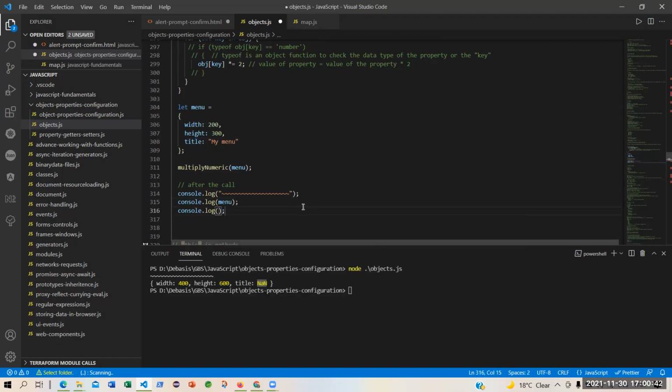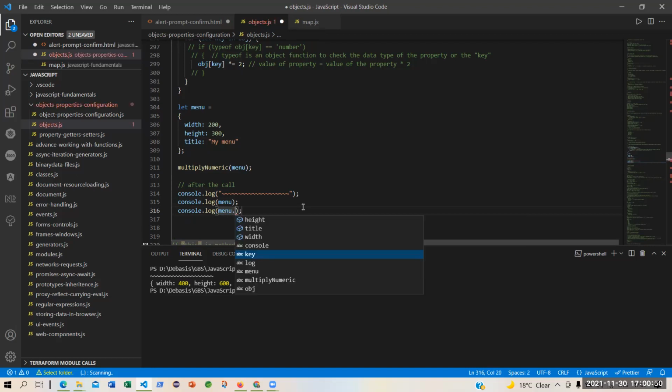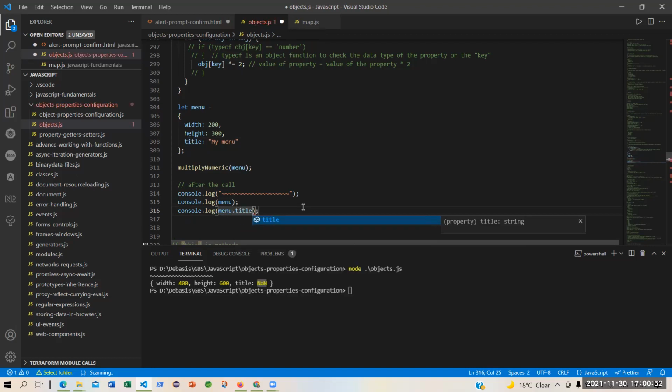If I said console.log menu dot title1, and yesterday we learned about the question mark, into 2, let me see what happens.